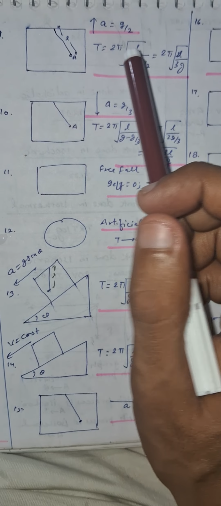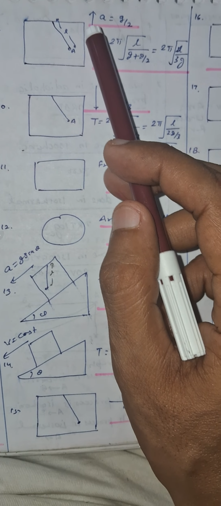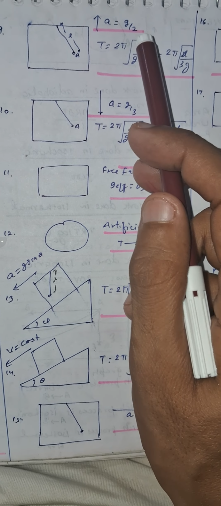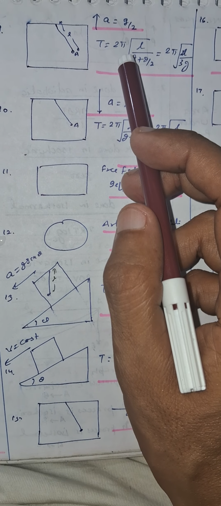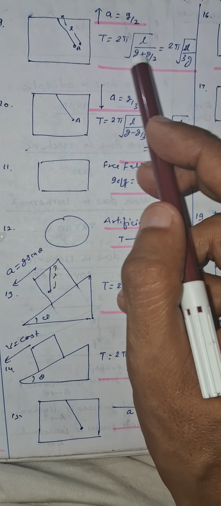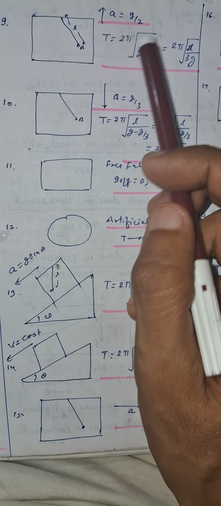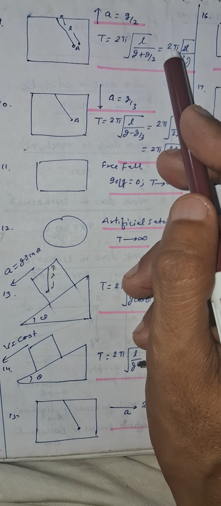Next we have a case of vertically accelerating lift. So a lift is accelerating upward with acceleration G by 2, and this simple pendulum is put in it. We need to find the time period. So for this we'll use the expression of G effective. So time will be 2 pi root under L divided by G plus G by 2, as with respect to the lift the ball will have net acceleration of 3G by 2,